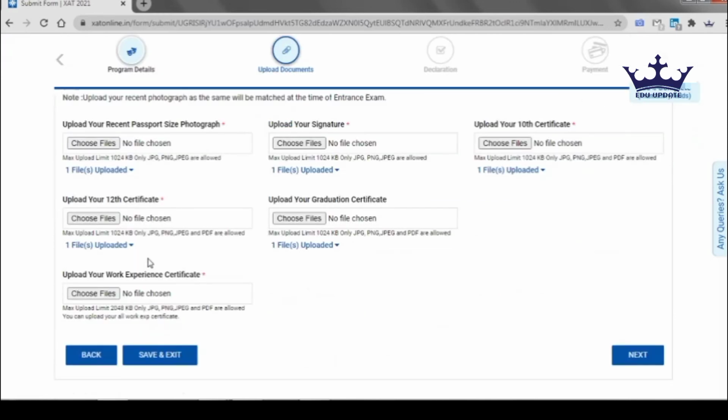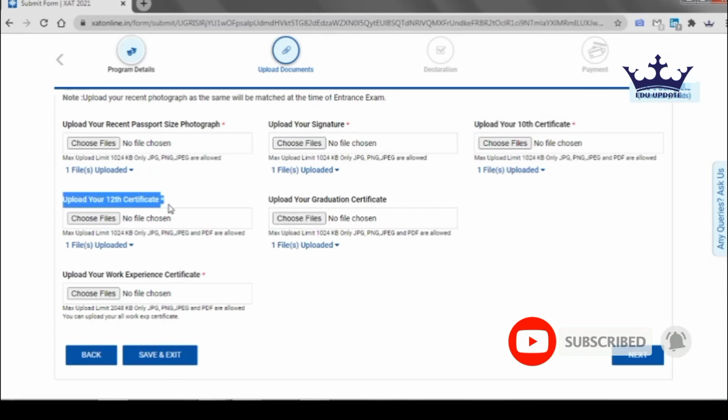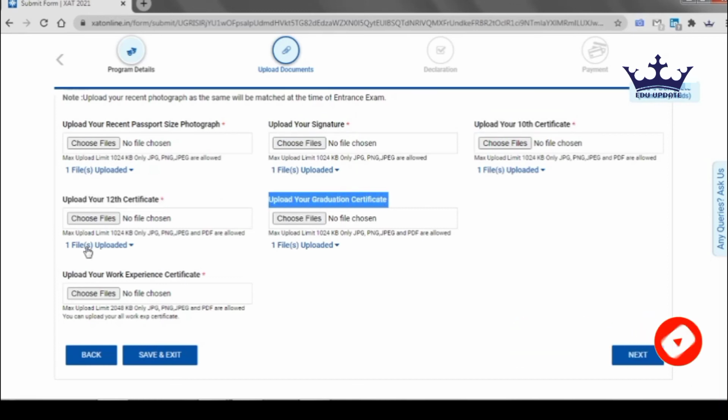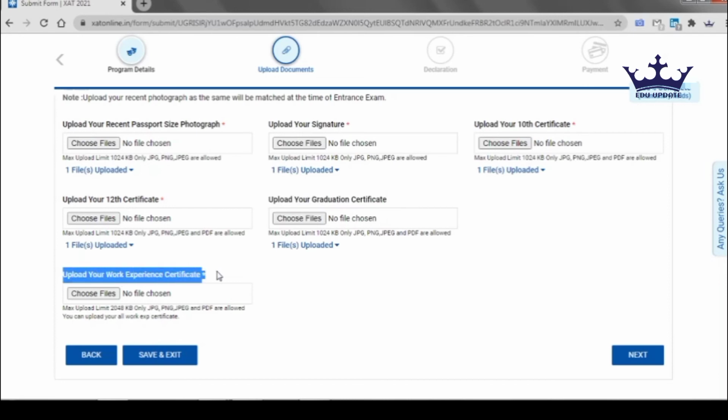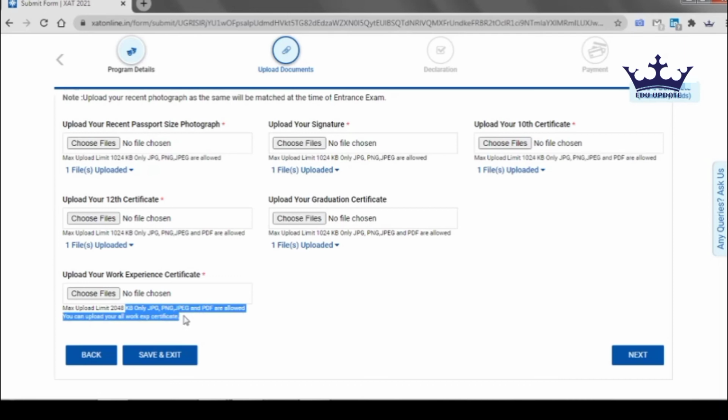that is upload documents. Here you have to upload your general documents such as your passport size photo, then signature, then 10th certificate, 12th certificate, then upload your graduation certificate, along with any experience certificate if you have one. Then click on it and just select the document, else leave it as it is. Once you upload all the documents in the mandatory sizes and formats, you can click on the next option. On clicking of the next option, you'll be redirected to the declaration form,